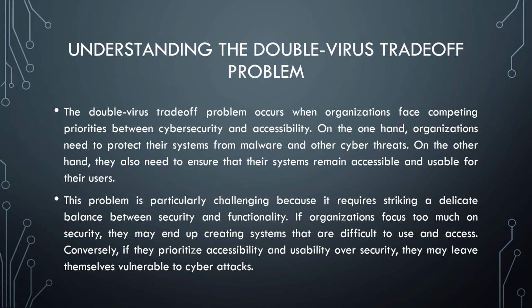Understanding the double virus trade-off problem. The double virus trade-off problem occurs when organizations face competing priorities between cybersecurity and accessibility. On the one hand, organizations need to protect their systems from malware and other cyber threats. On the other hand, they also need to ensure that their systems remain accessible and usable for their users. This problem is particularly challenging